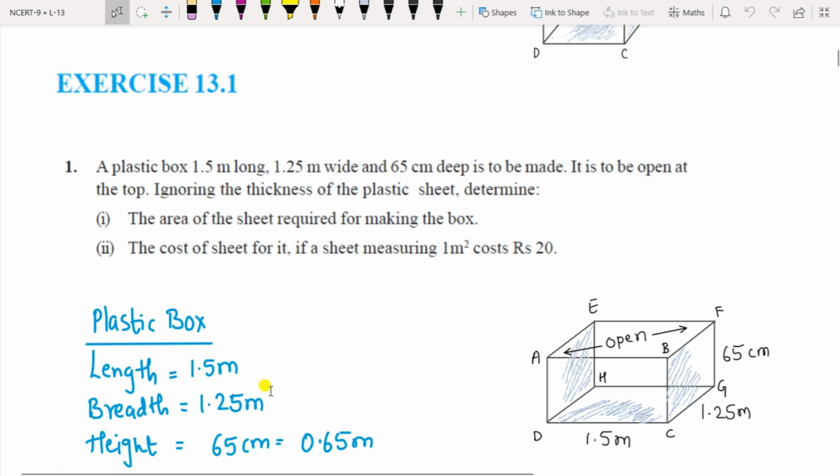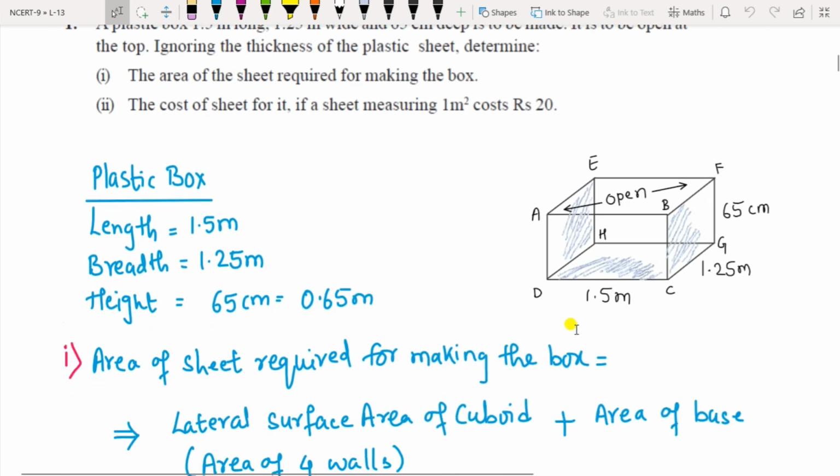Now whatever dimensions have been given, they should be in the same unit. Here length is in meter, breadth is in meter, but height is in centimeter, so convert it into meter. Now you have to find the area of the sheet required for making this box, which is open from the top. So you have 4 walls, that is the lateral surface area, and the area of the bottom, that is a plain sheet here. So the area of sheet required for making the box is the lateral surface area of the cuboid